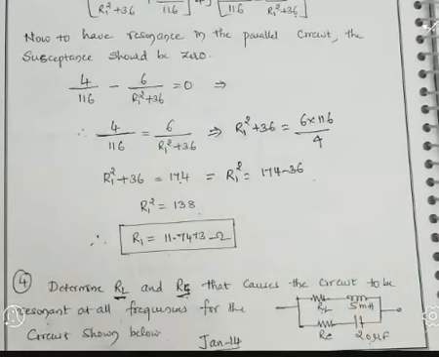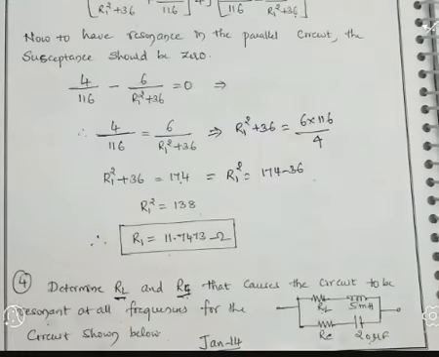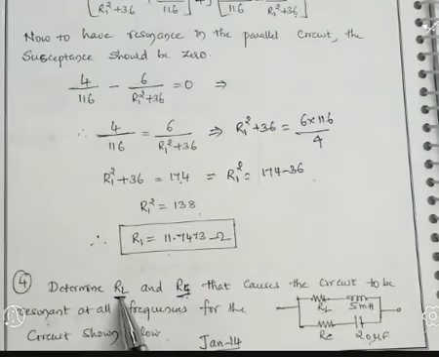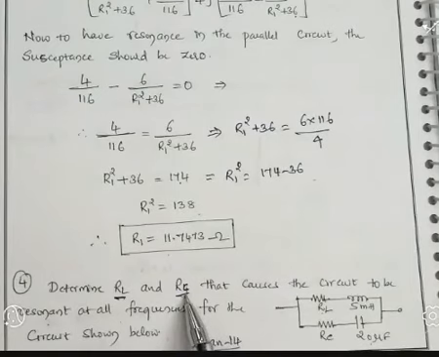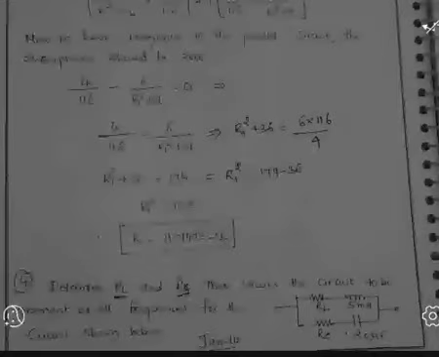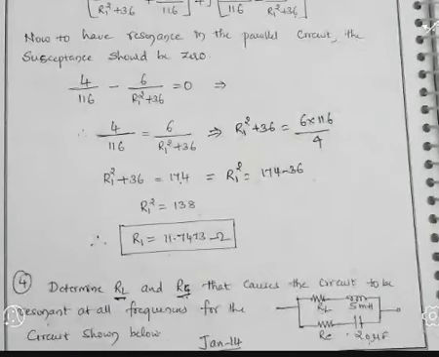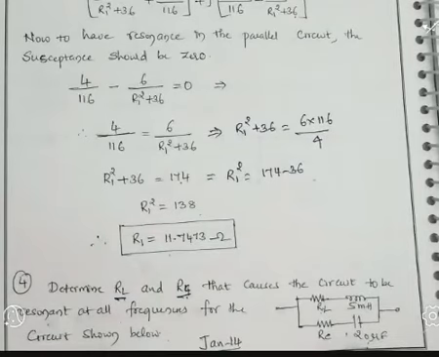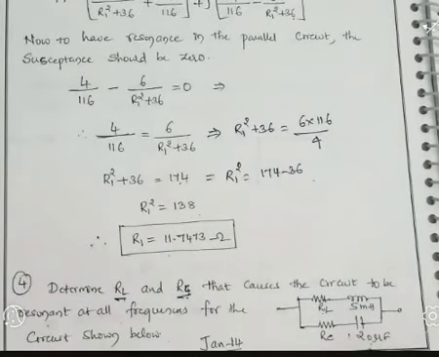A very simple method is there to get the solution for this. Let us take the help of properties of the parallel resonant circuit. There we can say RL equals RC, that is equal to what? Square root of L by C. So RL and RC are calculated for the parallel resonant circuit for the given circuit. RL equals RC, that is equal to square root of L by C. L is given, C is given. Substitute the values of L and C and put the answer in the comment box.